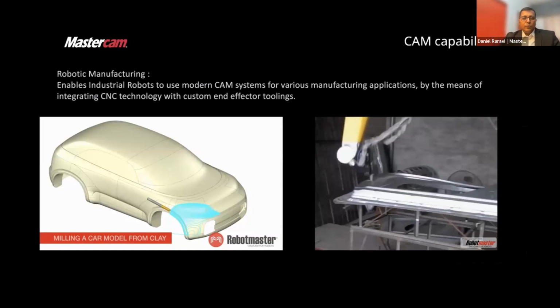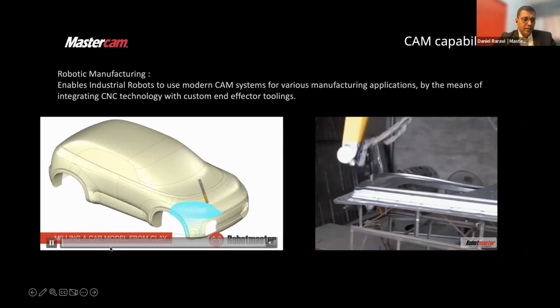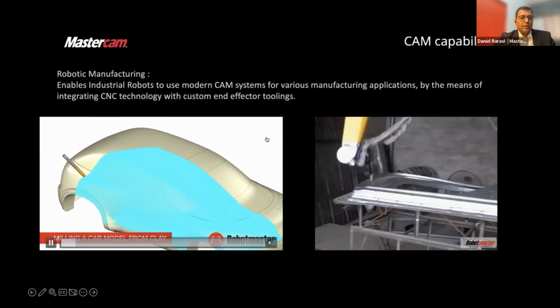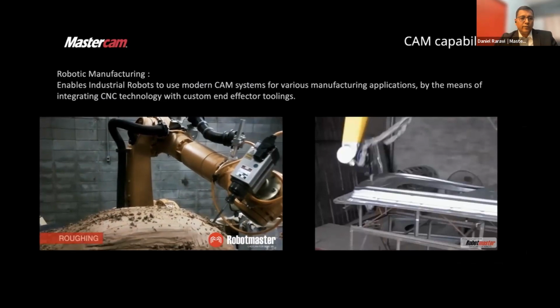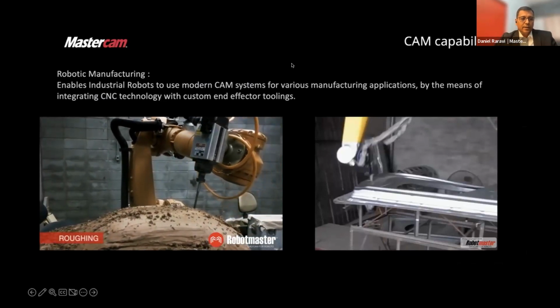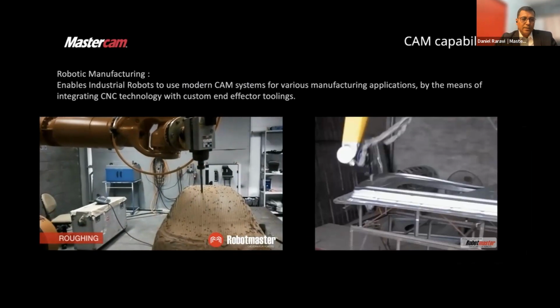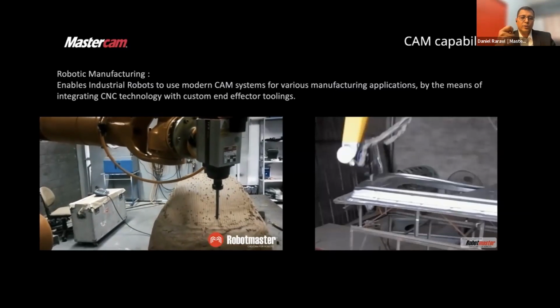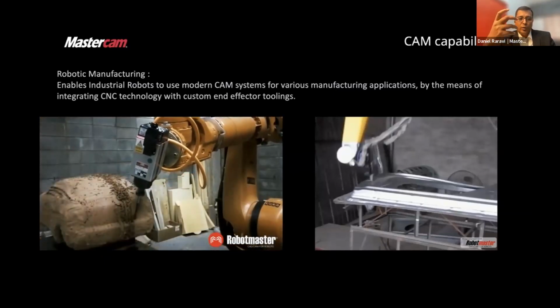Then we move to the capabilities of robotic manufacturing. Now, a number of people here may not consider robots for something such as milling, but when you take a look at this example here, so for body styling in automotive industries, there's a clay modeling process that happens. Typically, designers use blades and traditional tools to shape a new model.